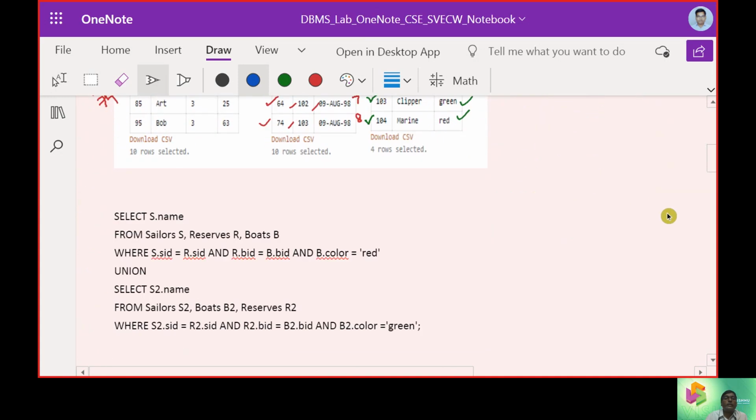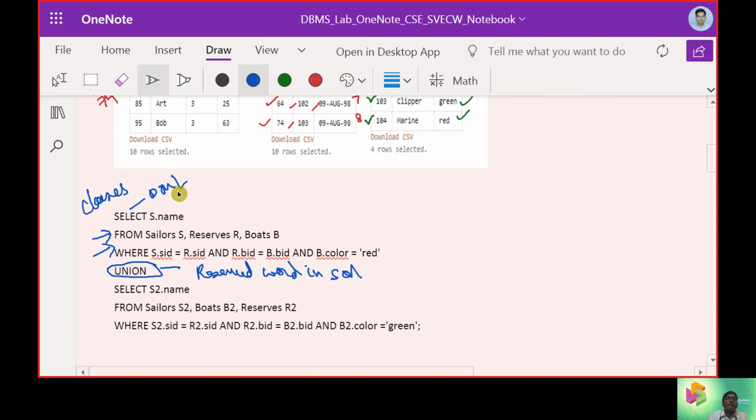So how can we go with this? We are going to use union. This is a reserved word in SQL. From and where are clauses.